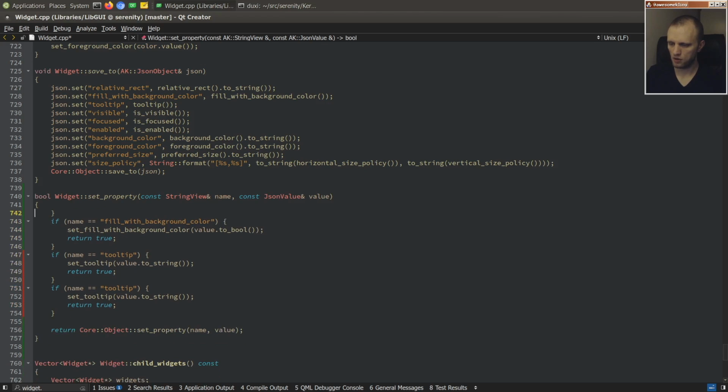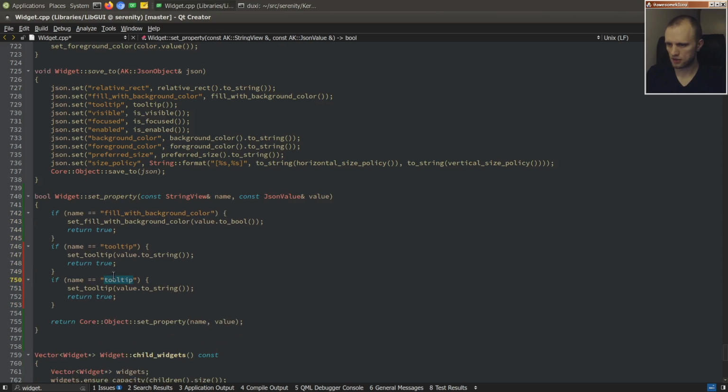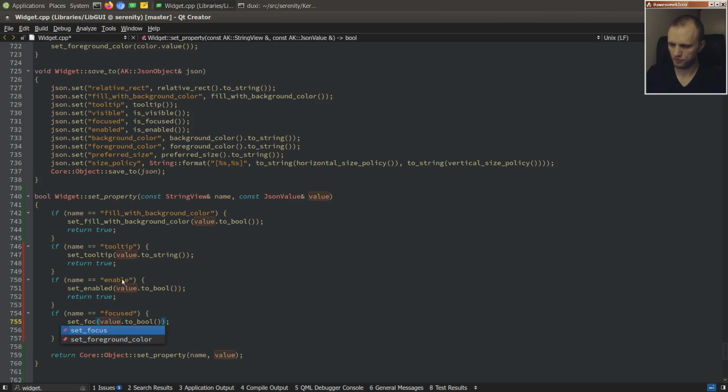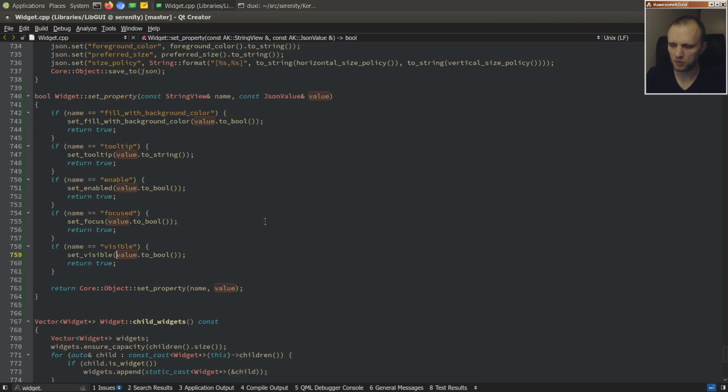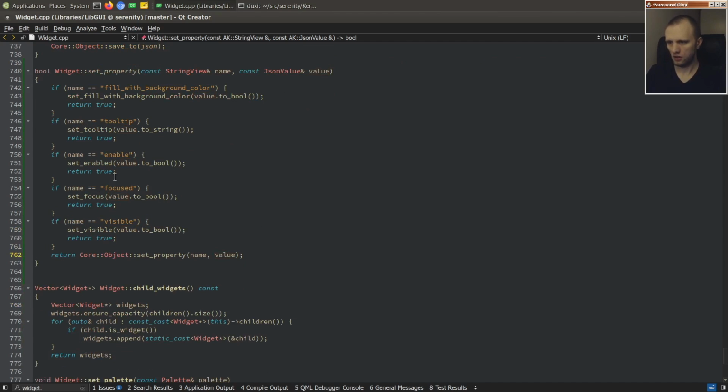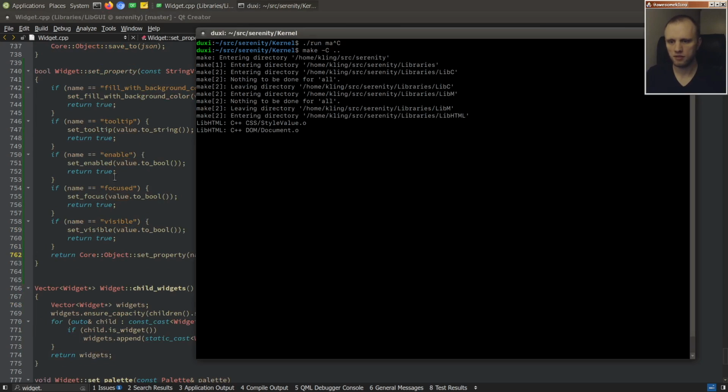I think we'll just leave it like this for now. We'll set a couple of them, but not all of them. Maybe enabled. Oh, focused is kind of interesting. Okay, these are all kind of interesting. I was going to add some more. Set visible. Yeah, we need to add more of those, but not all at once. Okay, so now that we have, again, made it necessary to do a big rebuild,